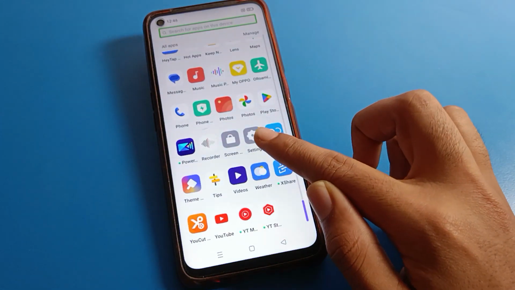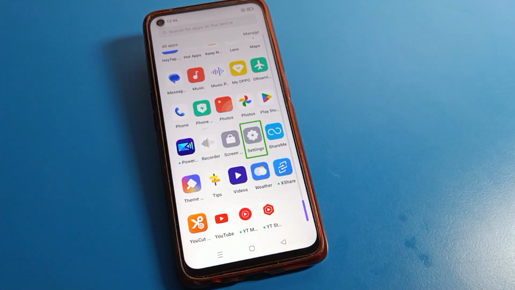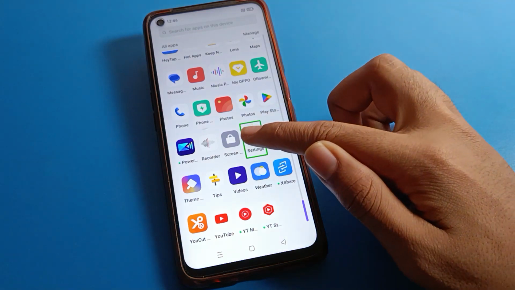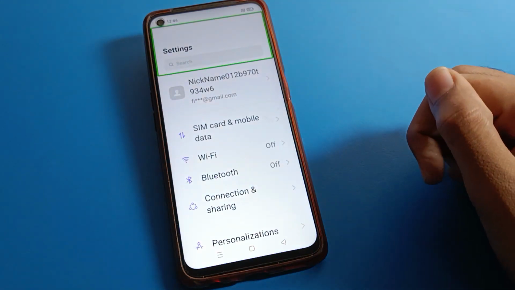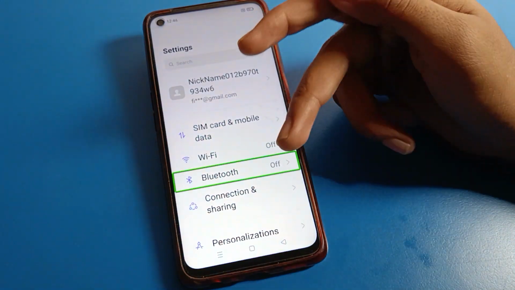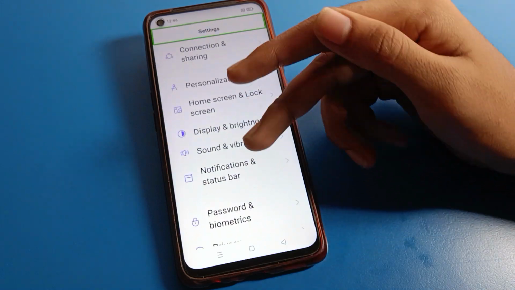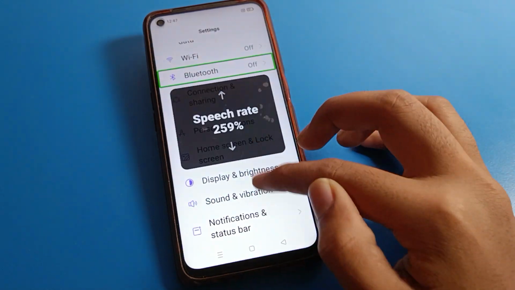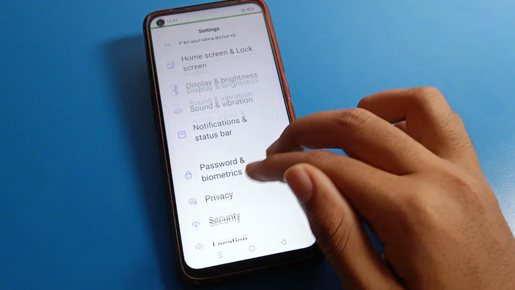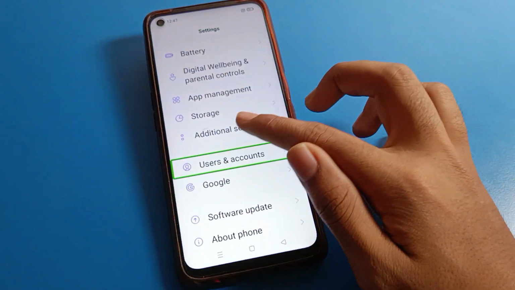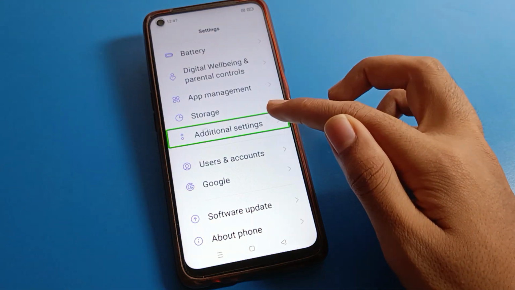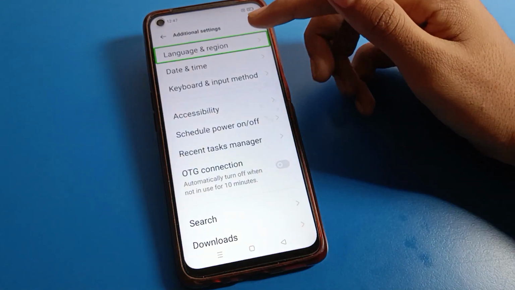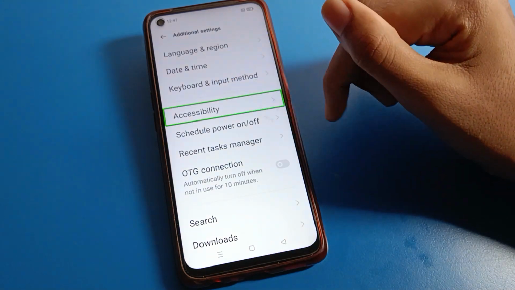Friends, click on phone setting, double tap here, click on Bluetooth setting, and scroll your screen with two fingers, because if you use one finger you cannot scroll here. Friends, click on additional setting, double tap here, and you can see accessibility setting. One tap here and